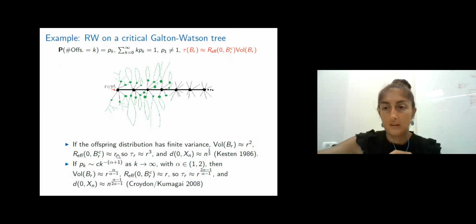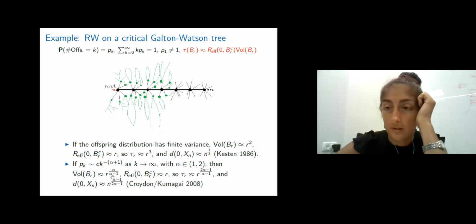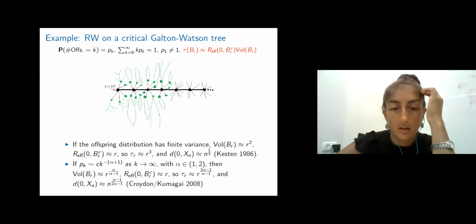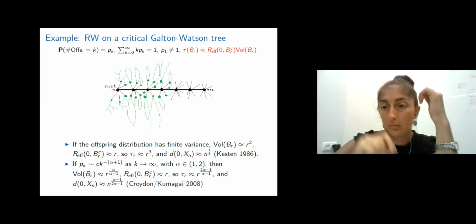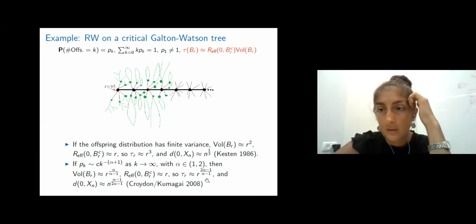It's because the whole thing is critical, so you don't have many paths getting to the boundary. But this time, the volume growth exponent is a bit bigger. Because you have heavier tails on the offspring distribution, somehow this is causing the volume of the ball to be bigger. And so this time, if you plug it into the heuristic, then you get that the exit time from a ball of radius r is r to this power. And again, you can invert it to get the asymptotics for the random walk at time